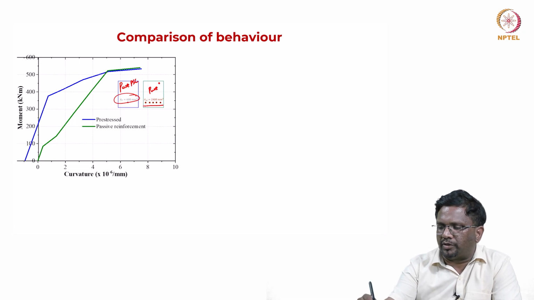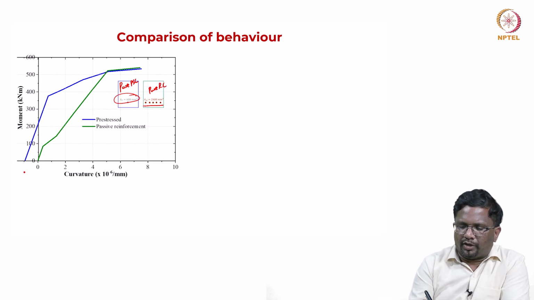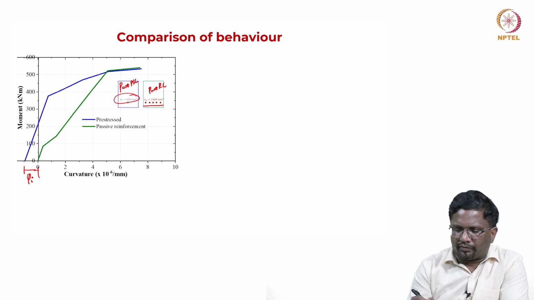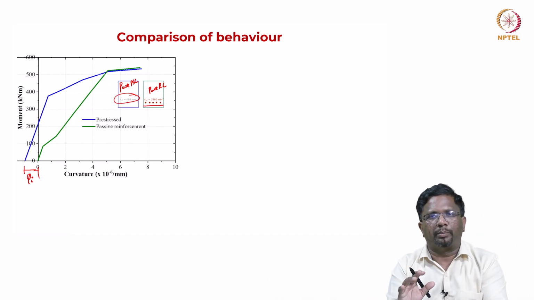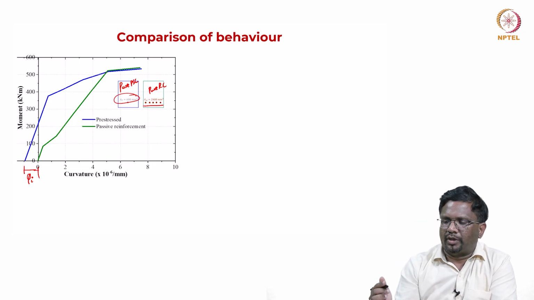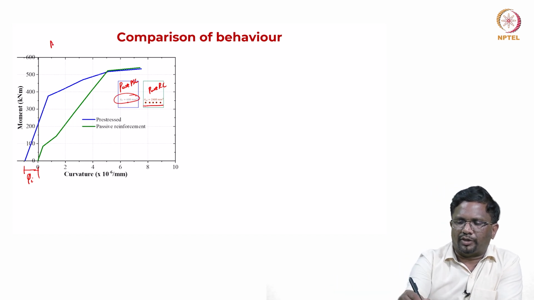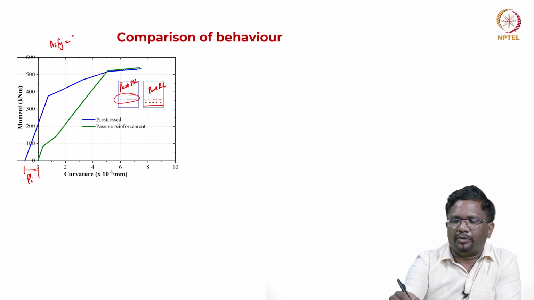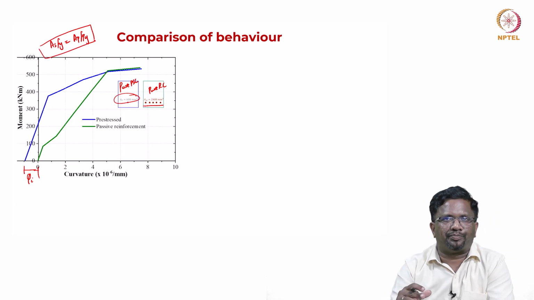pure RC, right. So if you see here, in a pre-stressed section you have initial curvature that we have discussed. Because we apply pre-stressing, the member tries to hog up, right. So because of that you will have initial curvature, and these are equivalent systems, as we've explained. So basically AS times Fy will be equal to AP times Fpy. So we have taken that the tension forces of both the steel at yielding will be the same, right,